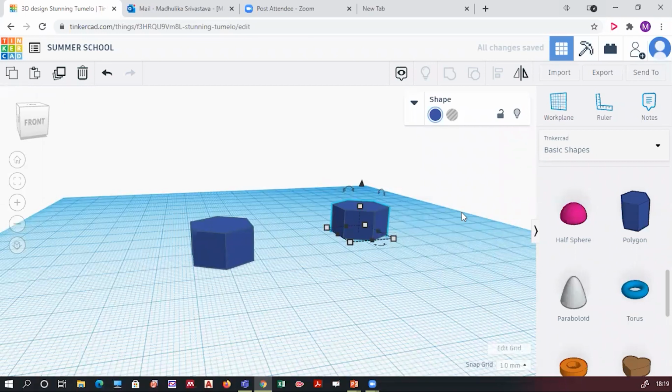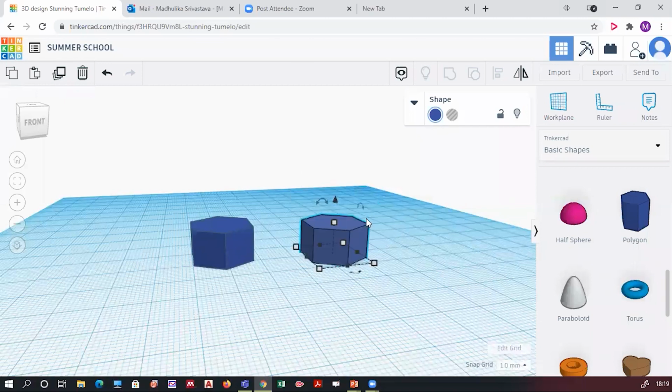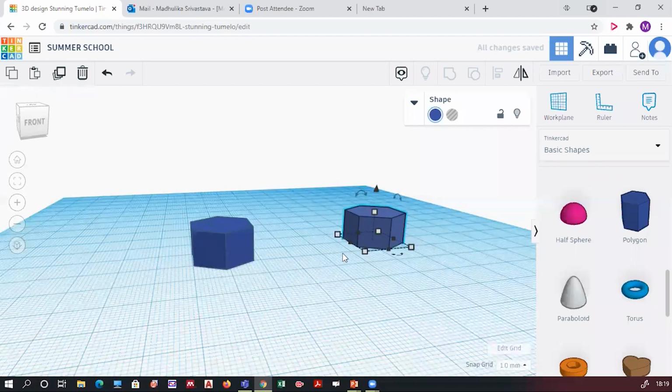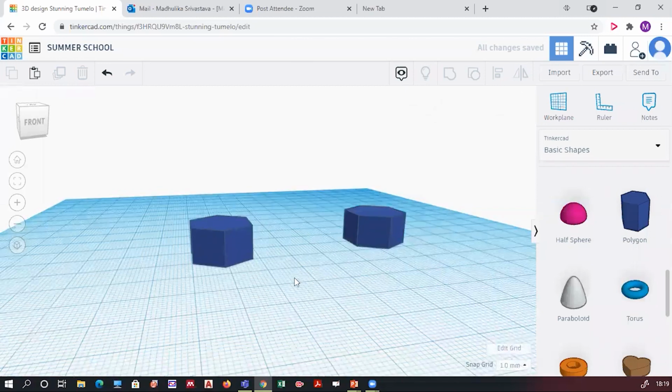No, we can't move a work plane using a snap grid option. We can only set the motion of this object. Okay. Now, one thing more, if you want to move your object faster on the work plane, select a particular object, press the shift key and use arrow keys. It will move faster than your dragging. Shift key plus your arrow keys, you can use that also for moving the object. Okay. I hope you have done this much.